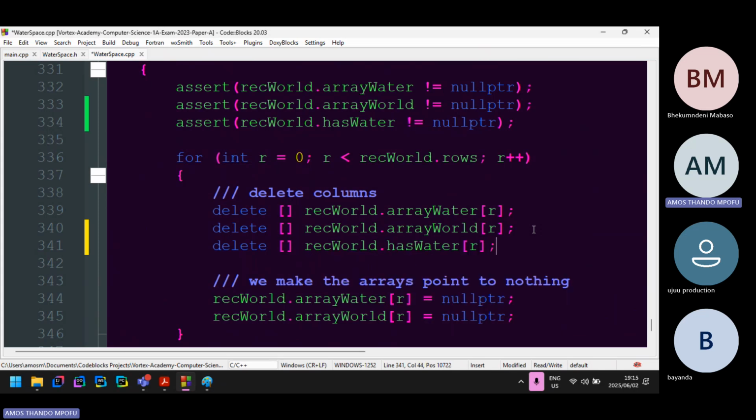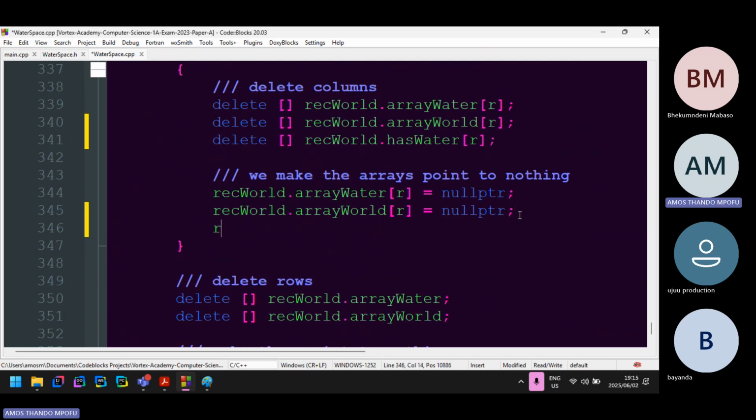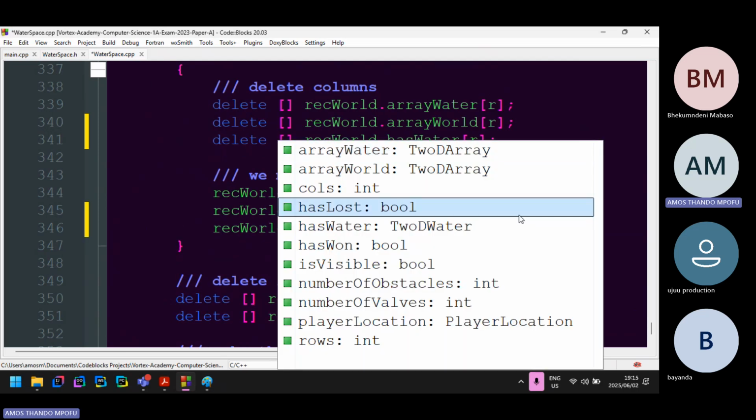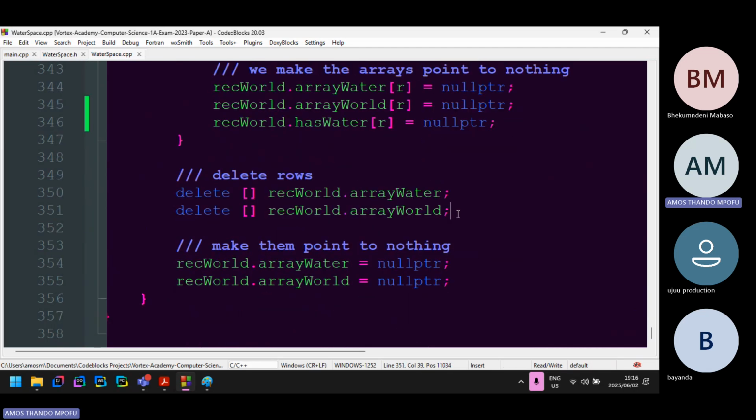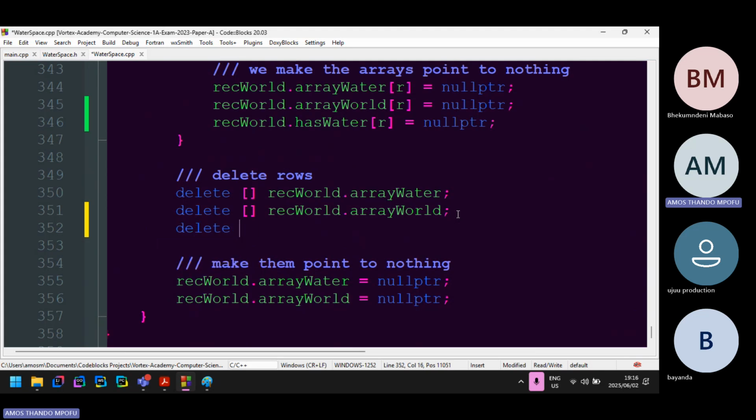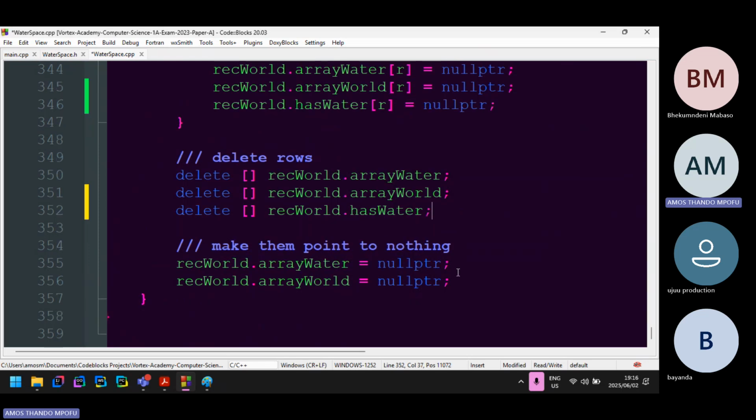record dot as water. And then record dot has water. And then set it to null pointer. Then I want to also delete here the rows, the rows dimension, right? So dot has water, right? Then I'm not gonna forget to set it to null so that we can get the segmentation fault error